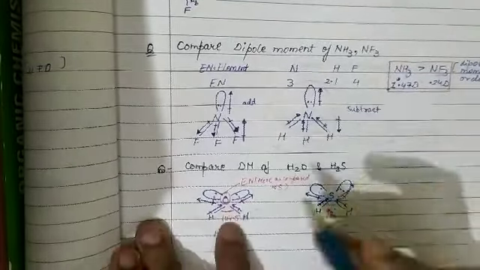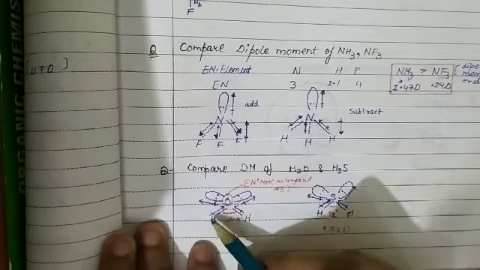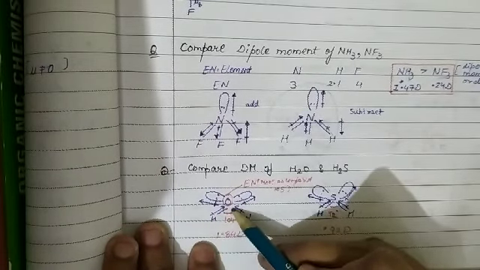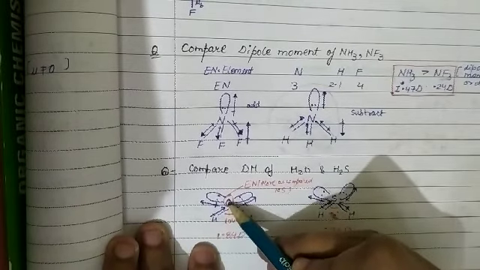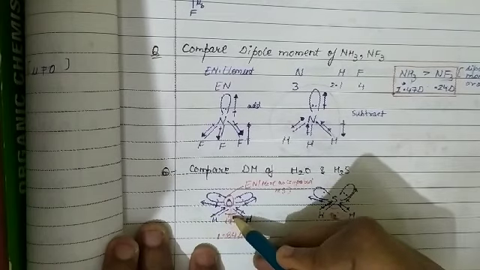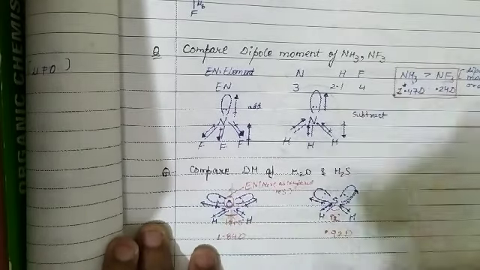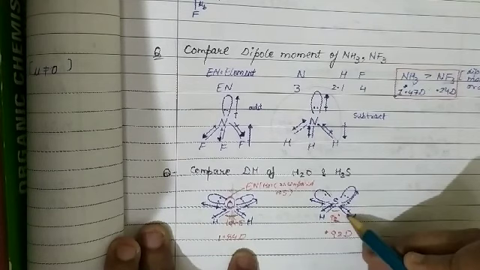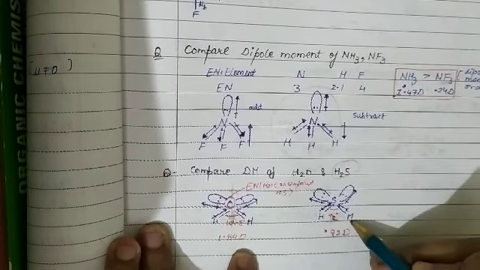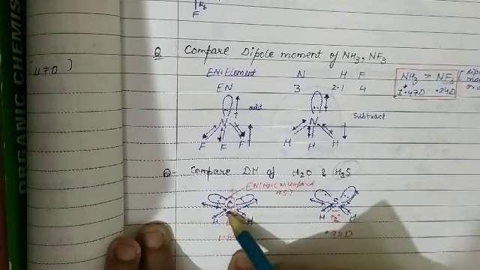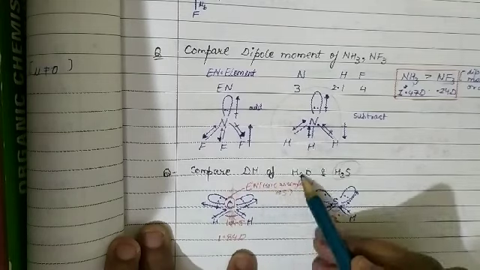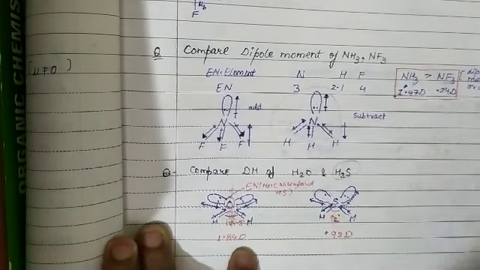Similar in the case of dipole moment of H2S and H2O. Again, oxygen is more electronegative, so plus to minus, again plus to minus, and direction in case of lone pair is away from the atom. So four vectors, when we draw the resultant, are in same direction. The electronegativity in the case of H2S is lower, but in case of water electronegativity of oxygen is more. Therefore, due to more electronegativity, dipole moment of water is more than dipole moment of H2S.